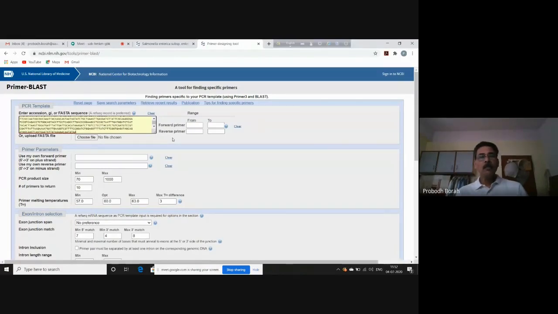Now your target is to design primers only for a particular specific segment of the genome sequence, a particular gene. So in that case, you are to define the target by writing here what is the specific point at which the gene starts, the position, location you are to mention here.